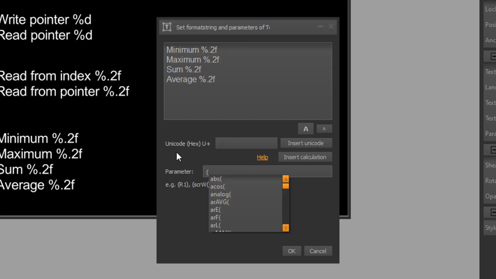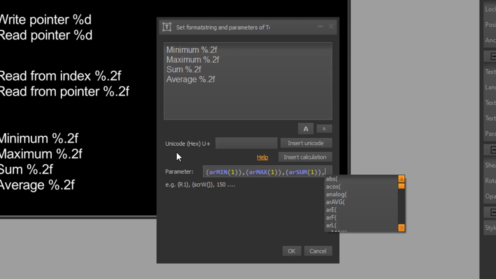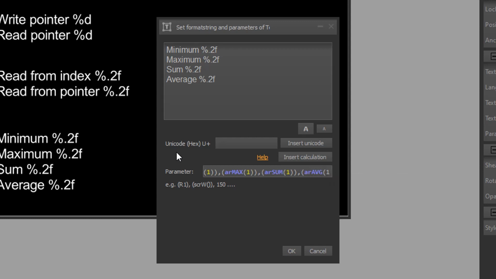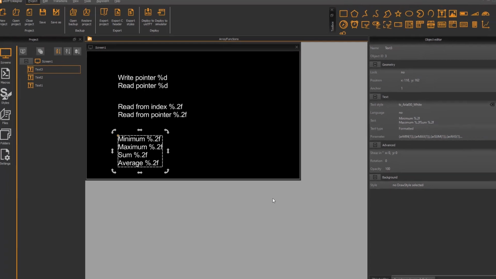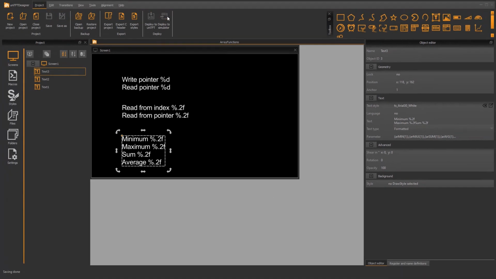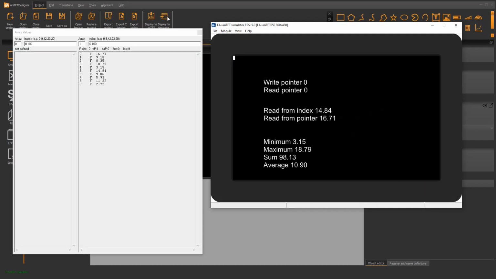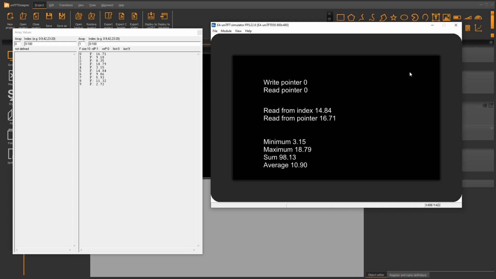The necessary calculation functions are array min, array max, array sum, and array average. Once again, we look at the result on the simulator. Now, the calculated values minimum, maximum, sum, and average are also output.